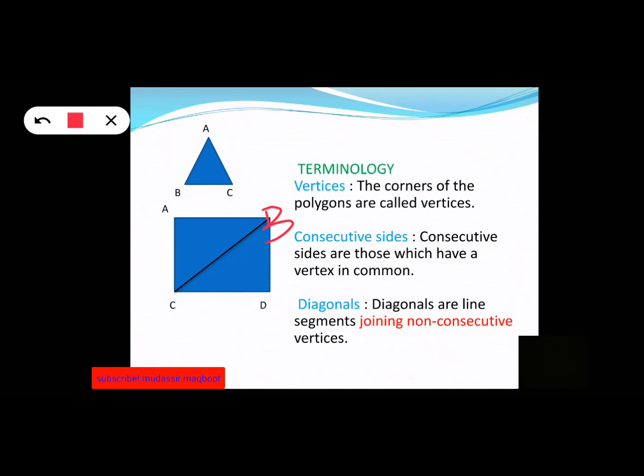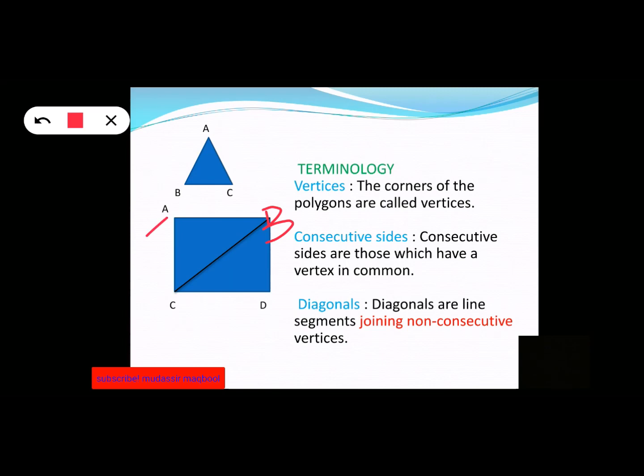Third one is the diagonals. Diagonals are the line segments joining the non-consecutive vertices. Like we have the consecutive sides, we have the consecutive vertices as well. Consider the quadrilateral